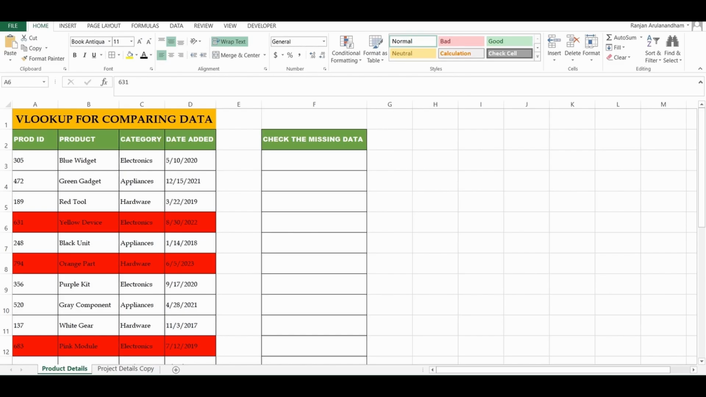In today's quick Excel tutorial, I will show you how to compare two versions of a product details table using the VLOOKUP function and even highlighting the missing values with the red background. Let's get started. So here is my original product table that I have, and then I have created a copy